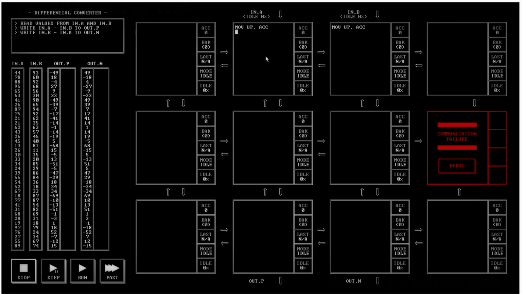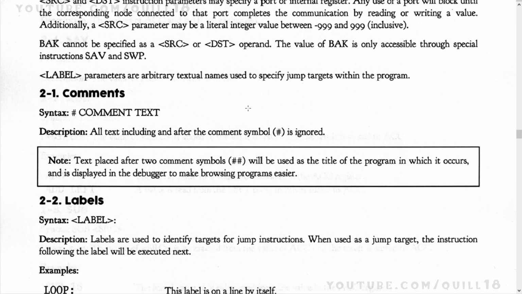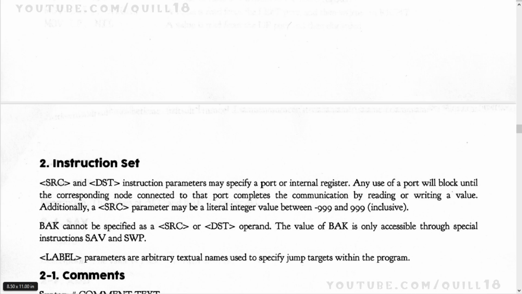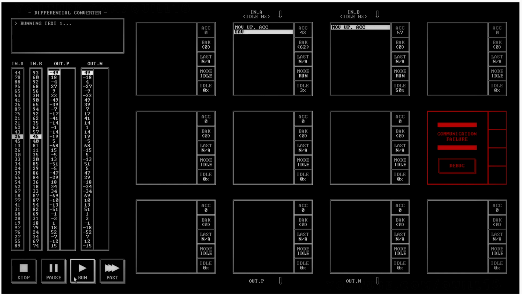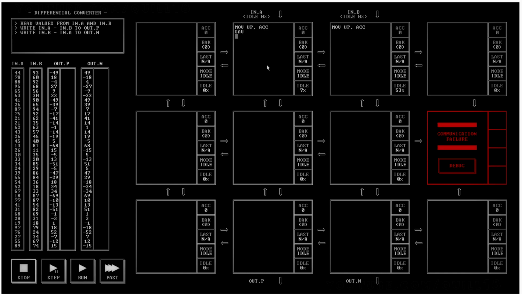What are we going to grab? If we write save, then what that will do is it will put the accumulator into the backup. Oh yeah, we've got labels and stuff like that for all kinds of commands as well. It's going to save it into the backup, right? If I run this, that's what's going to happen? Yes, it is. Okay. So we're going to put it into the backup. Then we're going to subtract